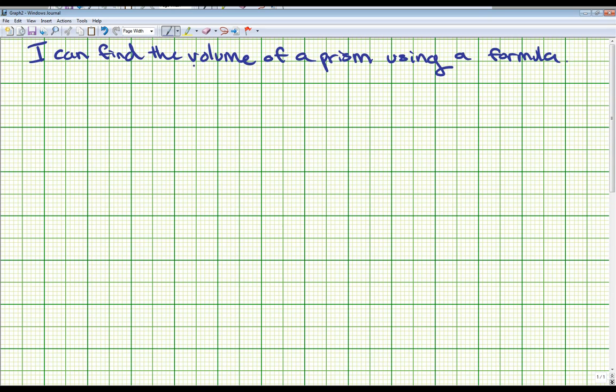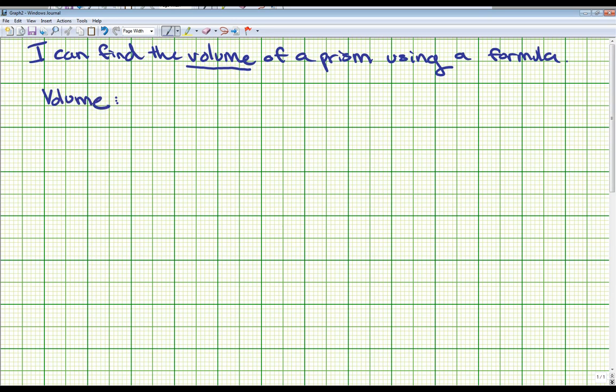So one thing that's different in today's lesson is we're dealing with volume, which is a different measurement than we've been dealing with earlier this chapter. At the top of page 376, you'll see the key idea about volume. The volume of a rectangular prism is the product of the area of the base and the height of the prism. So let's go ahead and write down the word volume, since this is a new one for us